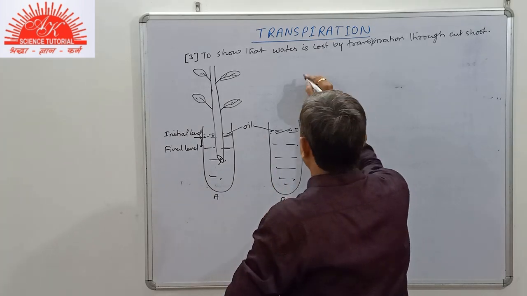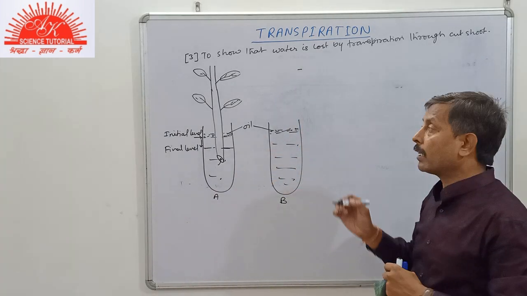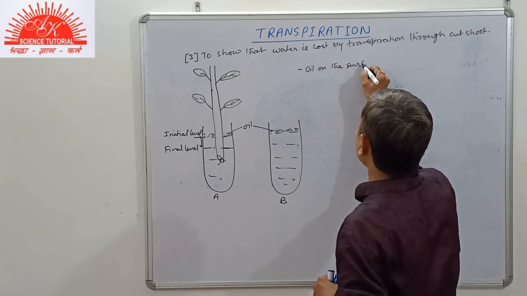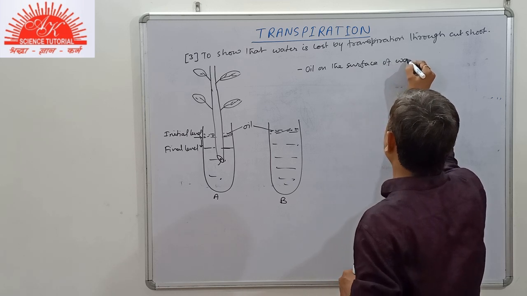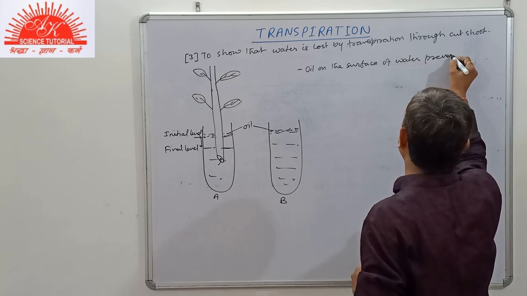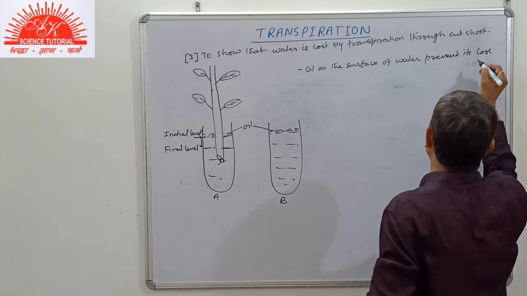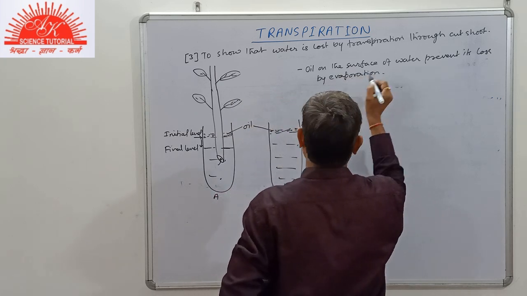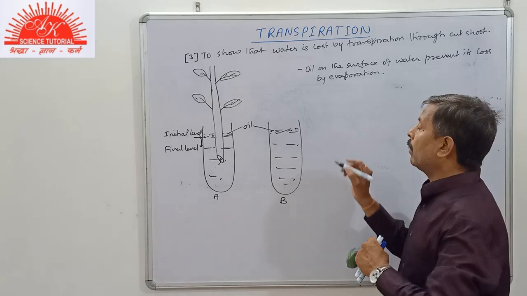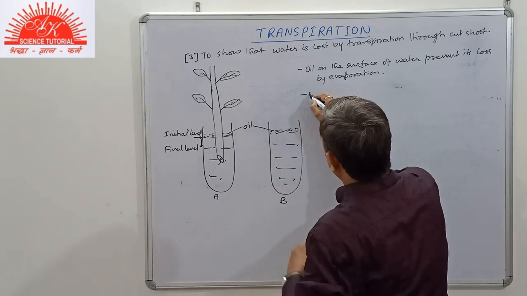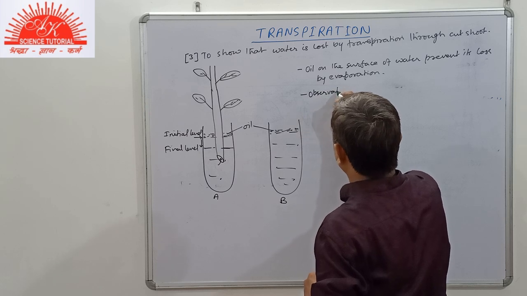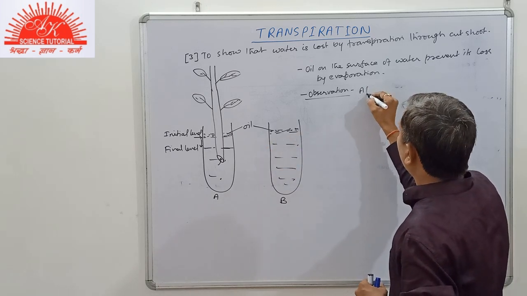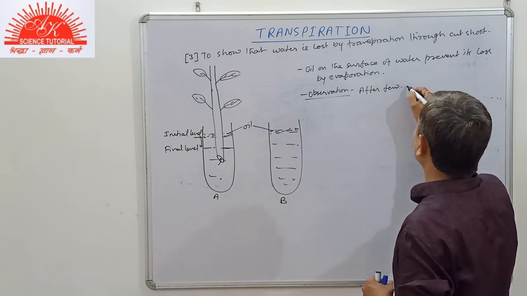So the setup is kept in sunlight. What is the purpose of putting oil on the surface? So oil on the surface of water prevents its loss by evaporation, direct evaporation. So this is the purpose of putting the oil. Now, what is observation? Now, observation. We can take the second method, just I am writing second method, that is after few hours,